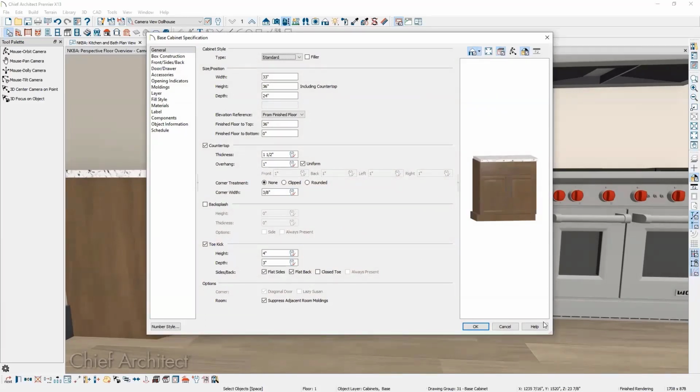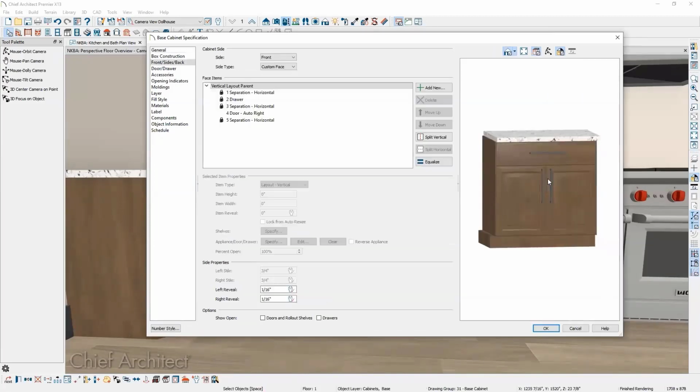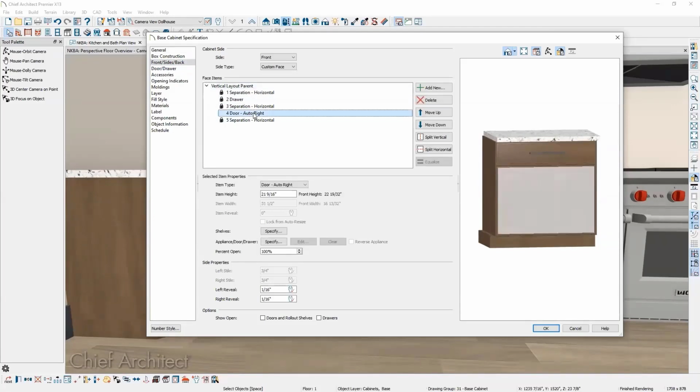And what I'm going to do is, in our 3D preview on the right-hand side, I'm going to click on the double doors, and that jumps us down to the front sides back panel where we can arrange the face of the cabinet. So what I'm going to do is I'm going to select on the door auto right. And when I select that,